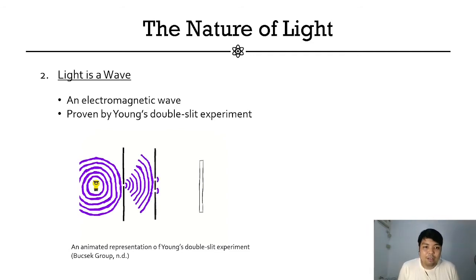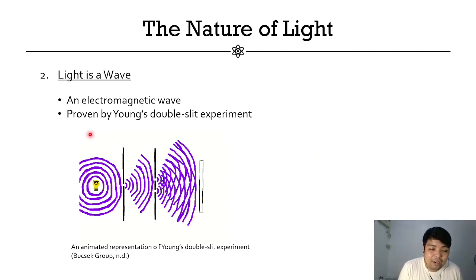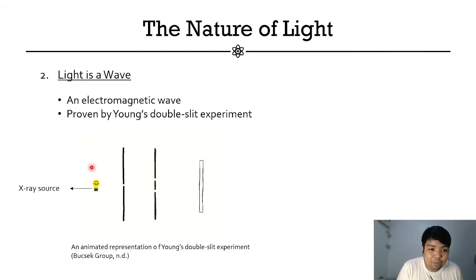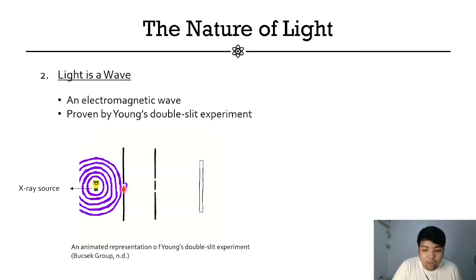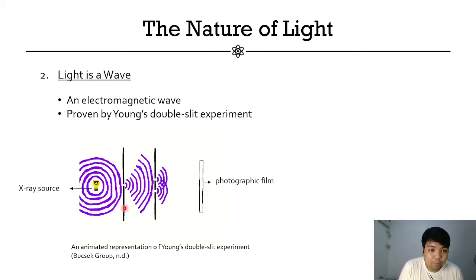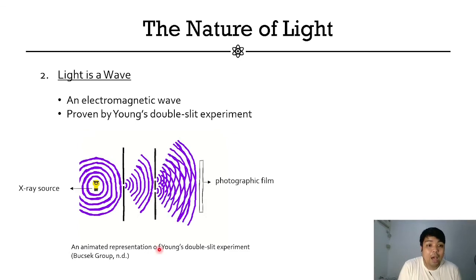Young's double slit experiment shows that light is actually a wave, or specifically, an electromagnetic wave. If you have an X-ray source here, and this X-ray source has a couple of barriers with slits on them, at the end of the second barrier is a photographic film. Now, if light is actually a beam of particles, when the beam of light passes through the first slit, it will not be able to show on the second slit. However,